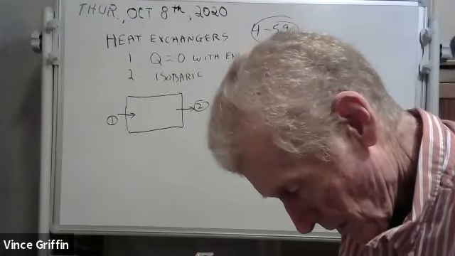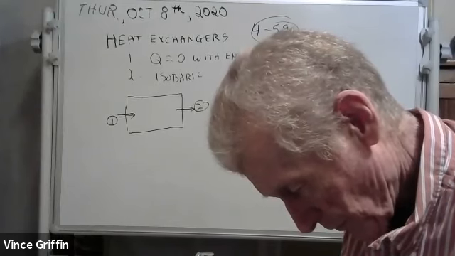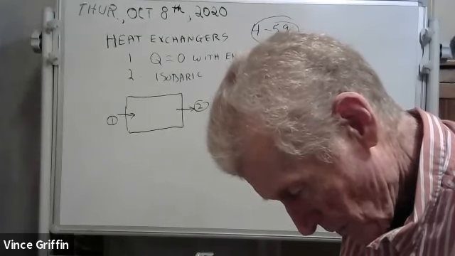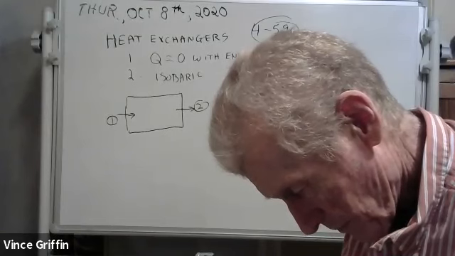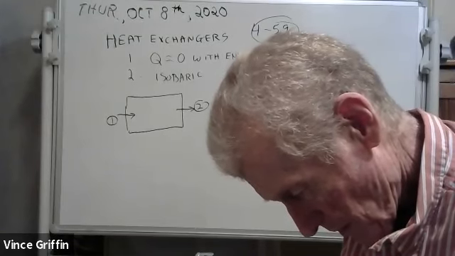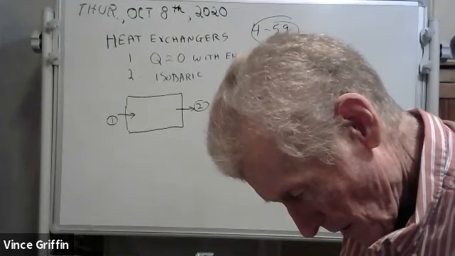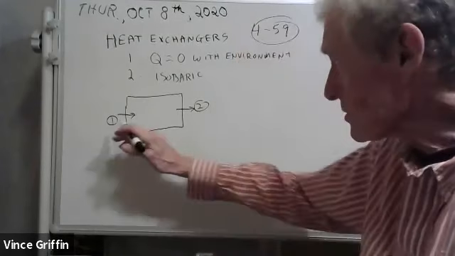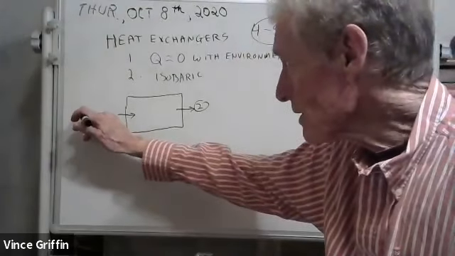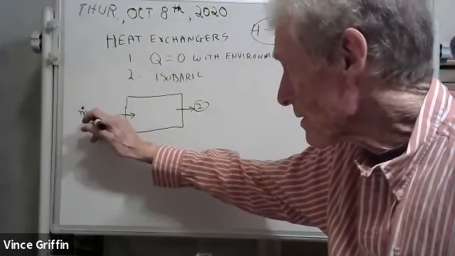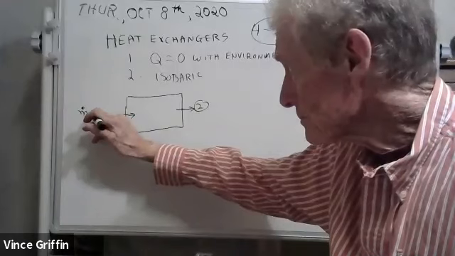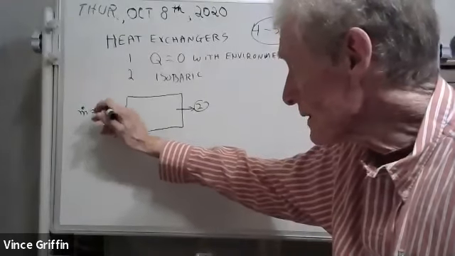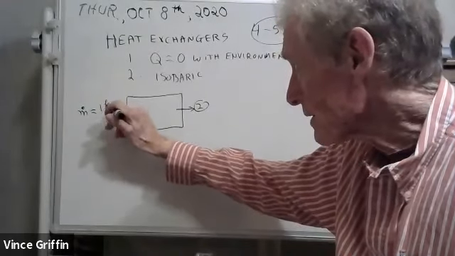Water, 1 kilogram per second water flows in with quality 95%. Okay. So the way I understand this is you've got an m dot coming in of 1 kilogram per second